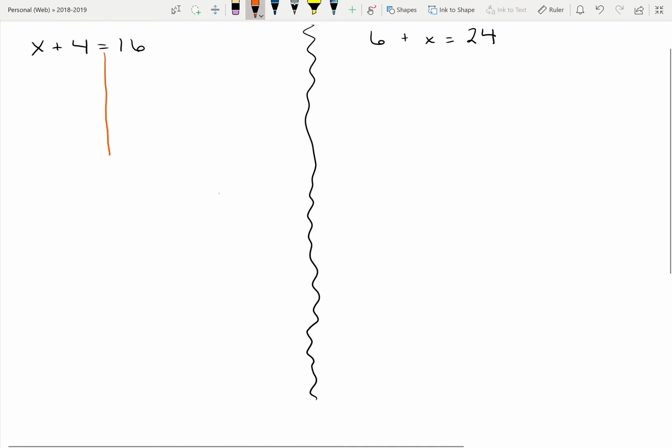So we have x plus 4 is equal to 16. Well, we need to solve for x. And in order to solve for x, we need to use what is called the additive inverse of 4. And our additive inverse of 4 is negative 4. Now, even though we have negative 4 and it's also its additive inverse or its opposite, we're technically subtracting 4